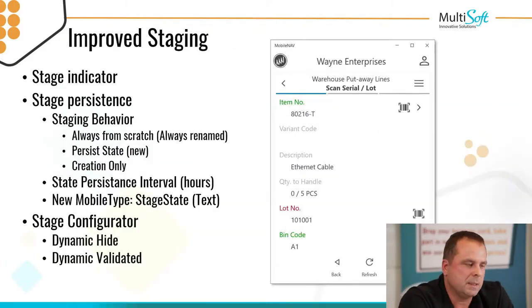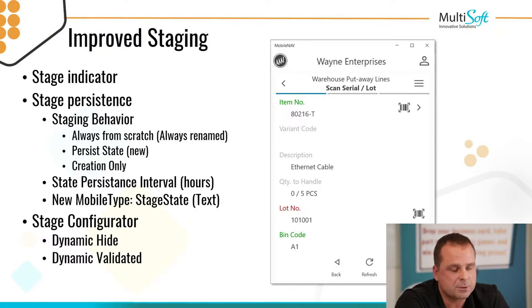Next topic, improve staging. In that area, we have created a new UI element, which we call stage indicator. The stage indicator tries to show how many stages you will have and what the current process is, so which stage you are at a certain point in time, which is again user experience stuff. So the user will know and see how much work he has as next tasks in this particular